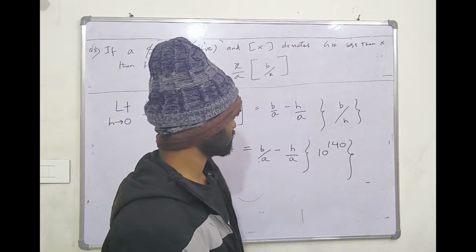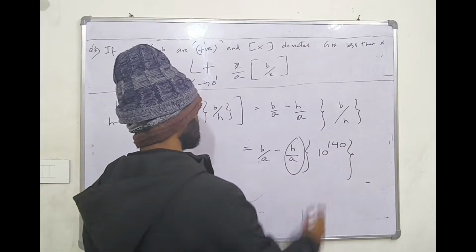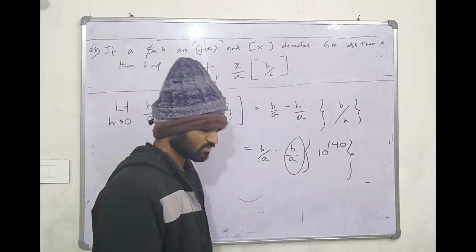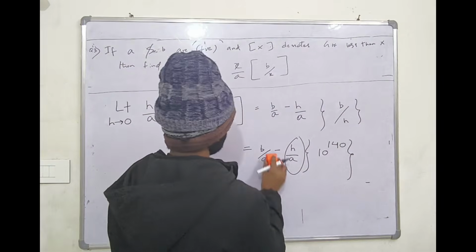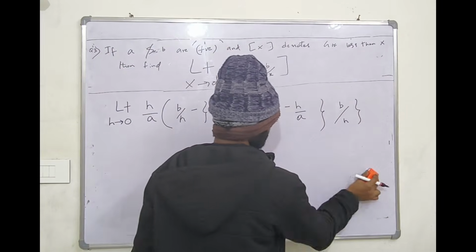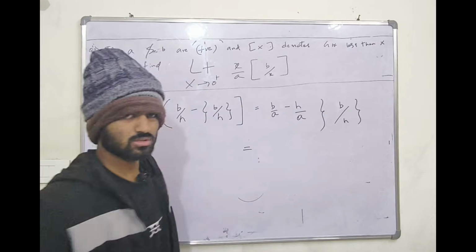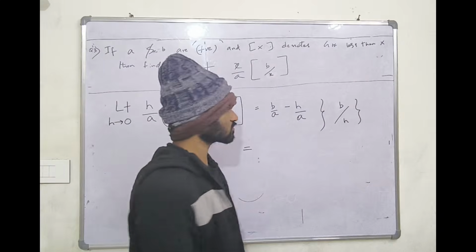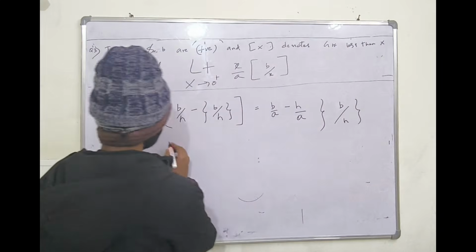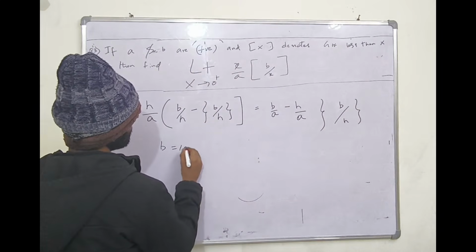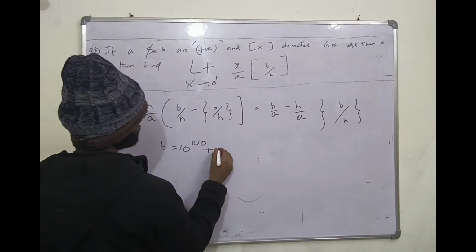So this value is 0 irrespective of h by a. Let's take an example, b by h, b is not 10 power 100. Let's take an example where b is 10 power 100 plus some 0.1,